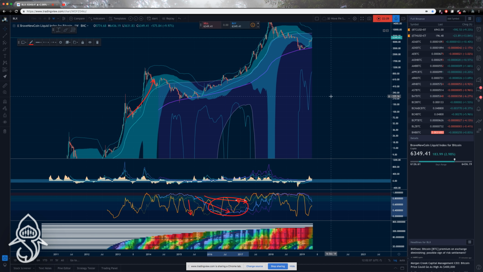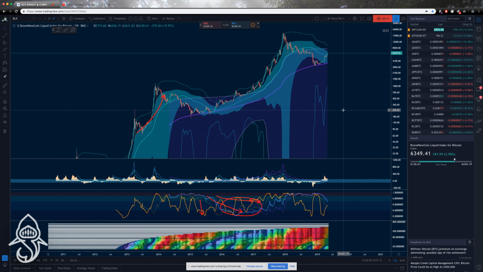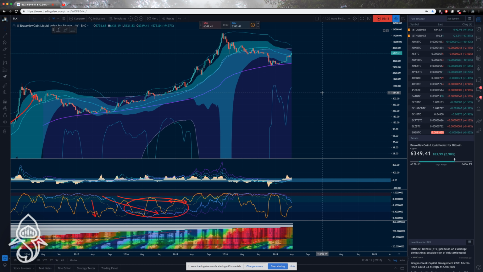And my prediction, or rather my case for when you should go long on Bitcoin a few months back, was that you want to go long on Bitcoin in one of two scenarios: when either we have tested the weekly 200, or if we have a sustained upward move above the weekly 50 moving average.